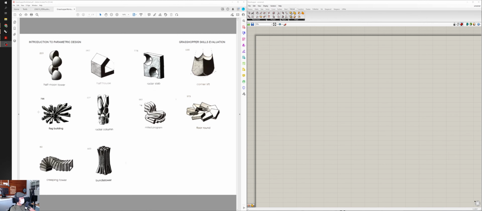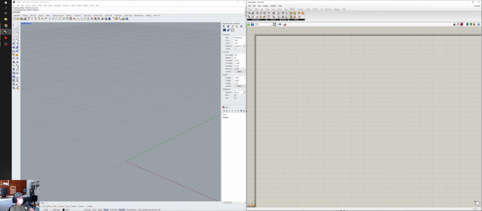Basically, what we have here is these extrusions, right? And each of these extrusions is more or less like this corner lift example, right? Extruded from a surface or a curve to a point in space somewhere, right? But in this case, they're all going towards a certain point in the center of this sphere, right? So to do that,